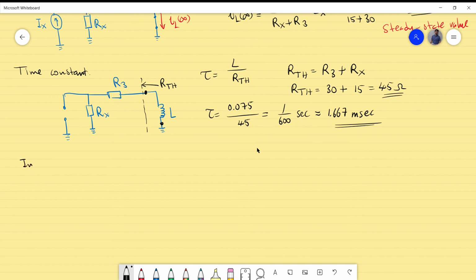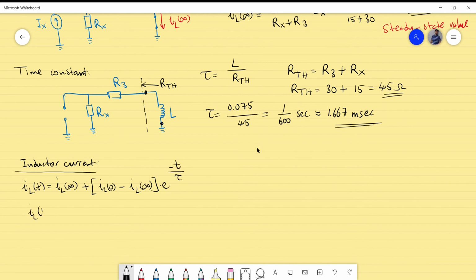So the inductor current, what is that? That's IL as a function of time: IL final plus IL initial minus IL final, times e to the power minus t divided by tau. Now let's fill in the values we have calculated. IL at infinity, the final value of IL, was 0.3, plus the initial value of the inductor was 0.2. So that's actually the initial, and then again the 0.3, and then e to the power minus t divided by